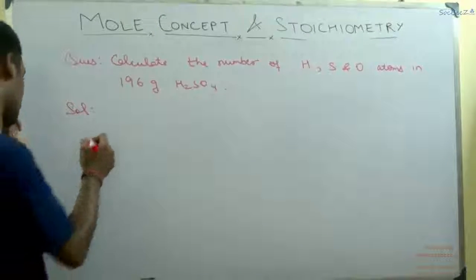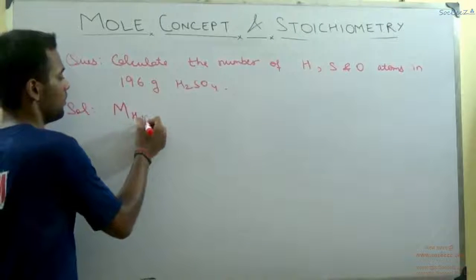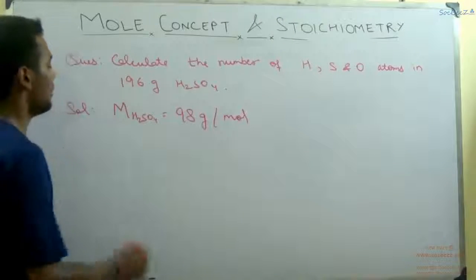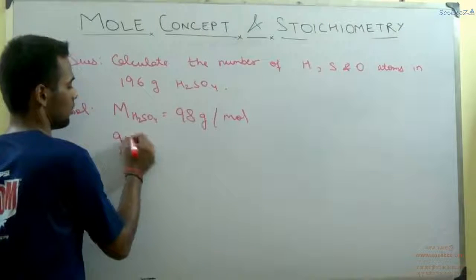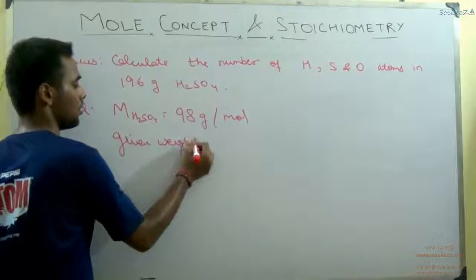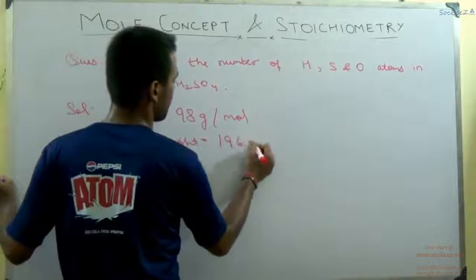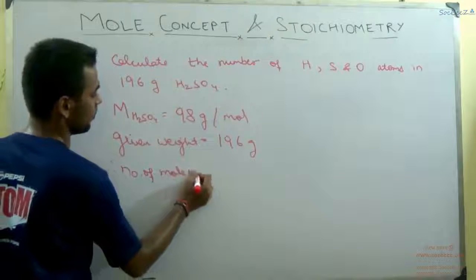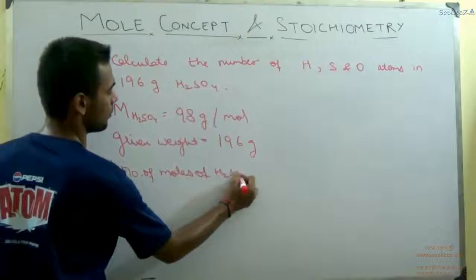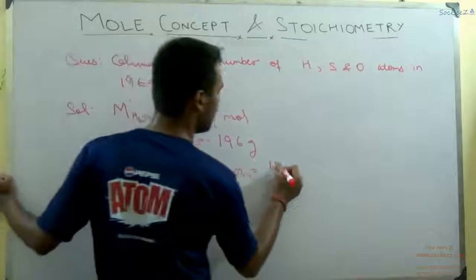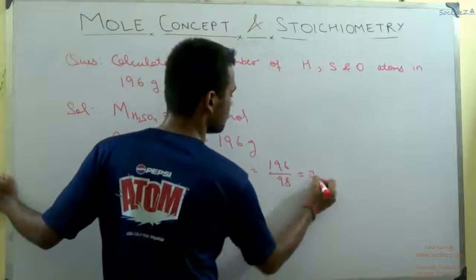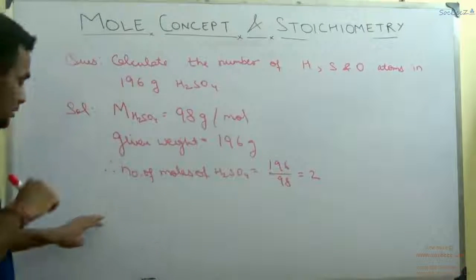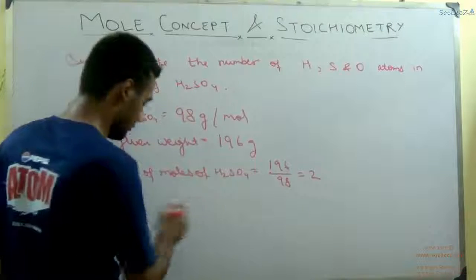Here we know that the molecular weight of H2SO4 is 98 gram per mole. Now the given weight is 196. So therefore, the number of moles of H2SO4 equals 196 upon 98. This equals 2. So the number of moles is 2 here. Okay. So therefore